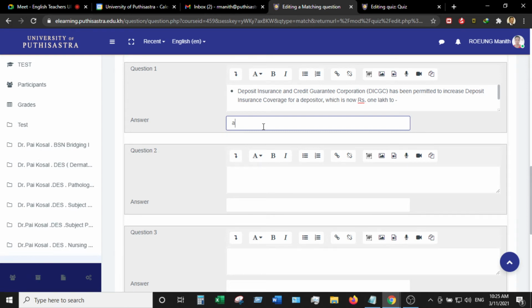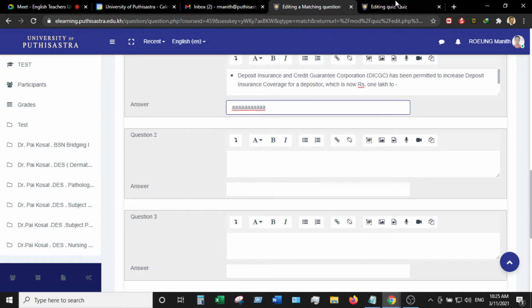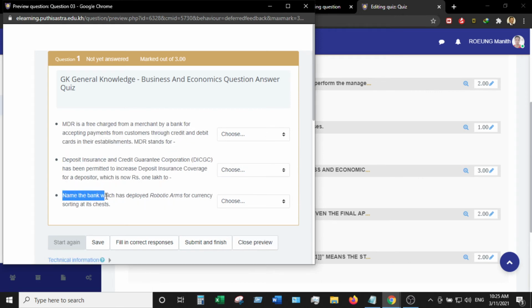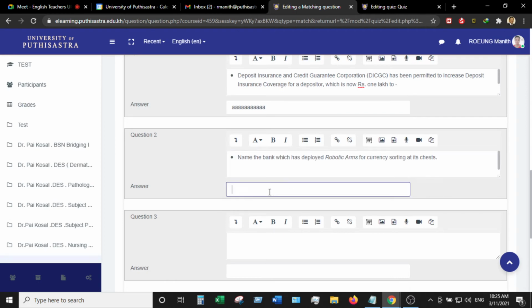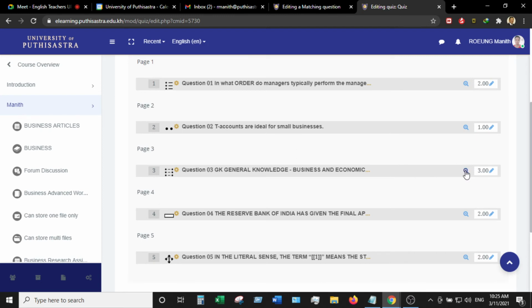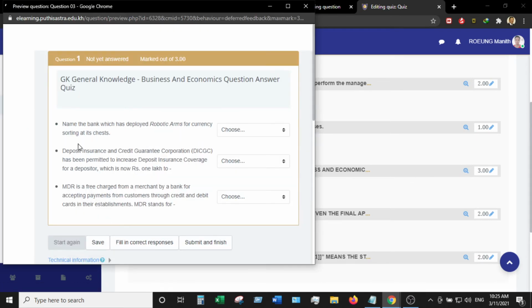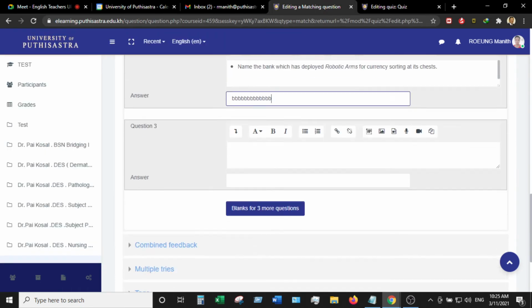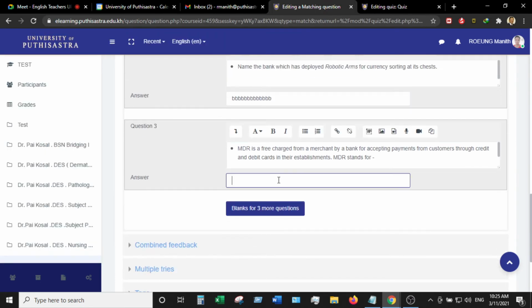For example, I put AAA as an example to be faster, and then I copy another one and put, okay, this is an answer, and another one. I put 3 the same,